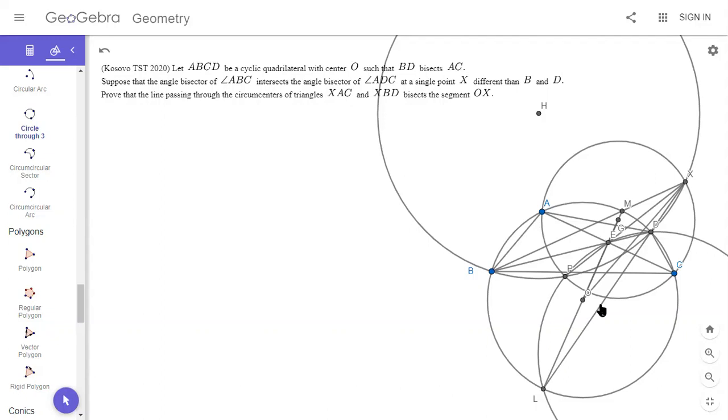All right, I wonder if we can prove it using power of a point. So we want to show XE times XP is XD times XL. And we want to show, if we label the midpoint